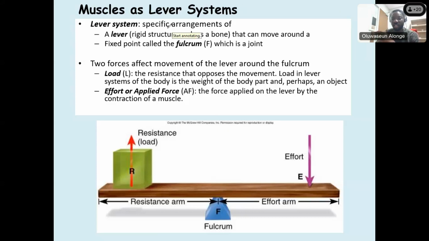This is just the general way that muscles act. Sometimes you may feel this is not necessary, but you will see that it is necessary later when I begin to talk about agonist, antagonist, synergy. So you want to pay a little bit of attention now so that you understand this lever